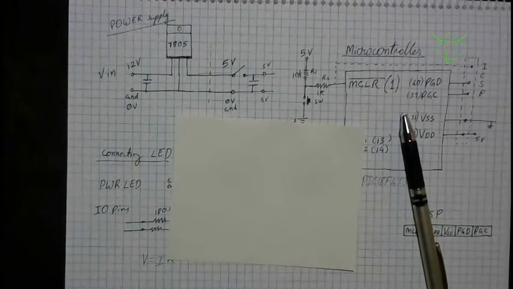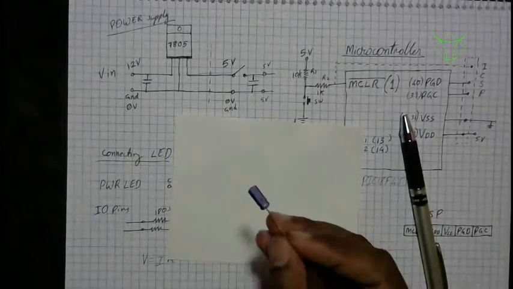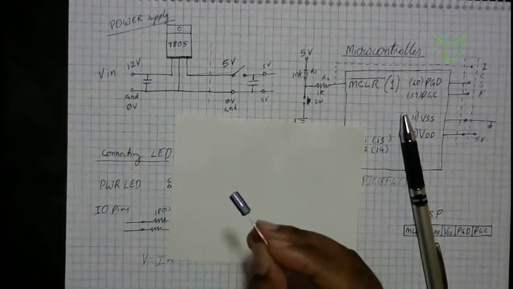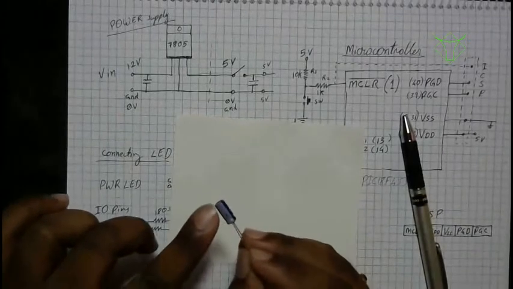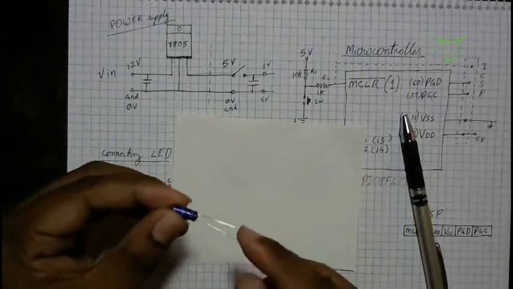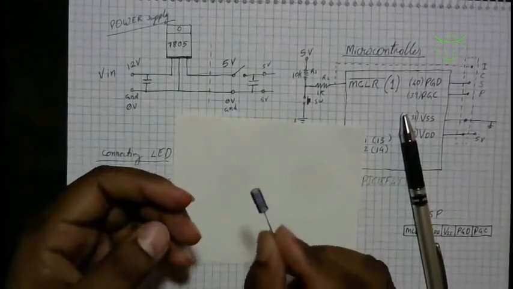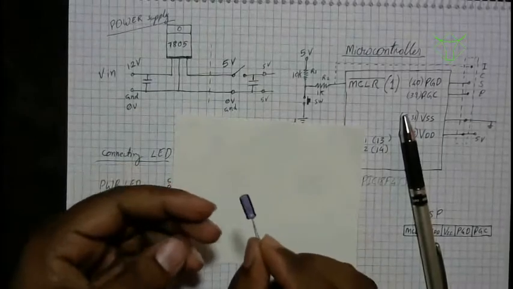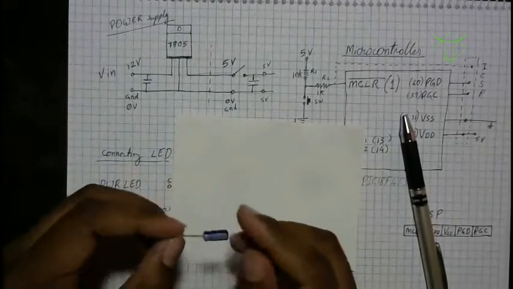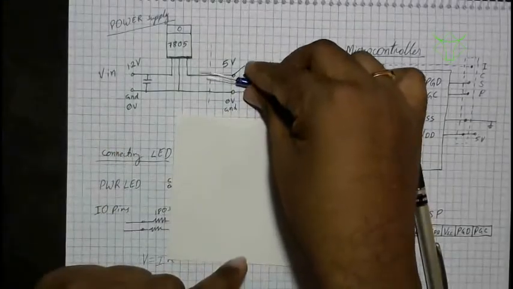Regarding capacitors, if you have a 10 microfarad capacitor like this one, this is an electrolytic capacitor, you will see a negative sign written on it. Even with the LEDs, the lengthier one is positive and the shorter one is negative. So this capacitor has polarity. These kinds of electrolytic capacitors have polarity, so you have to be very careful while connecting it to your circuit.